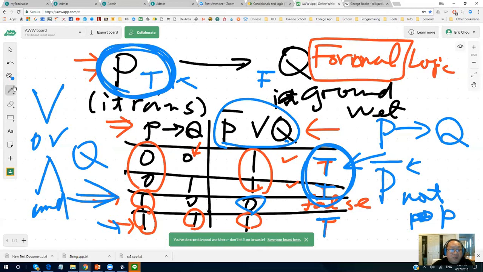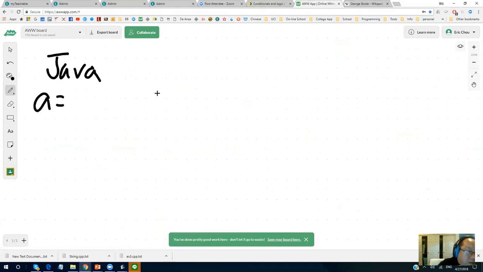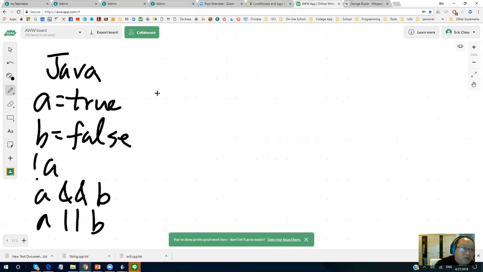Here I talk about so-called formal logic, but there are several ways to represent logic. In Java's way, we have Boolean variable a equal true, b equal false, and then we have not a, a and b, and a or b.